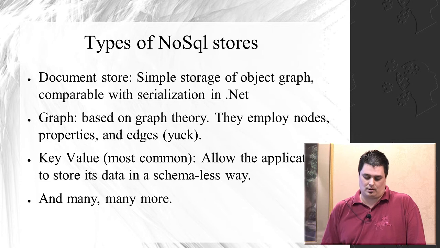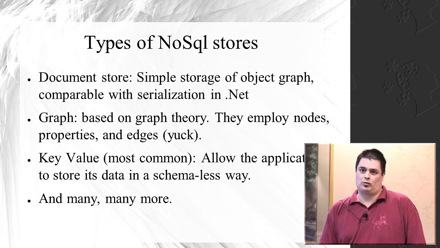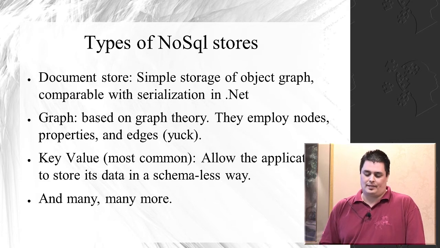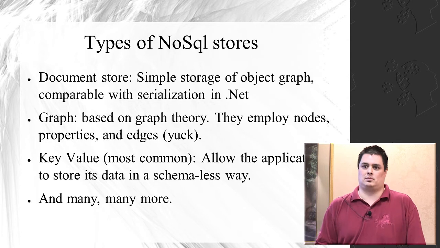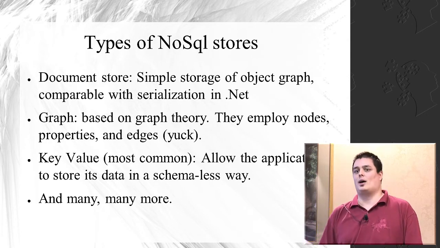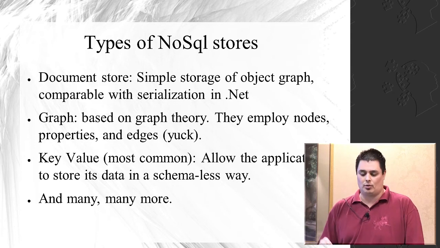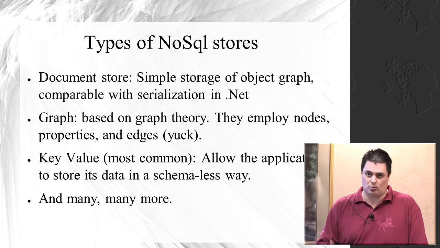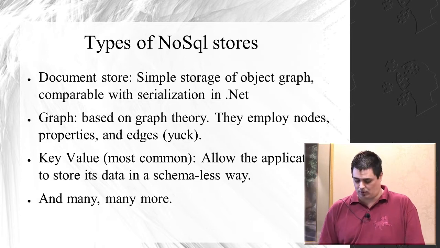And there are a lot of other very specialized types of NoSQL stores. The key to take out of this is I think there's such variety out there because NoSQL is designed from the ground up to be domain-driven. And databases are data-centric. They're very much about their way of doing things. In the NoSQL world, there's 101 different ways to solve 101 different problems. So I think that's what you're seeing here.